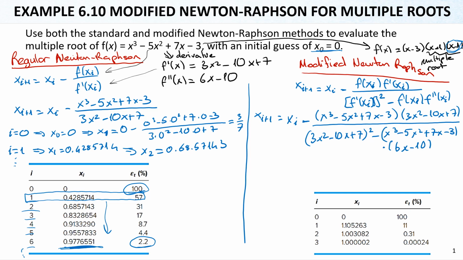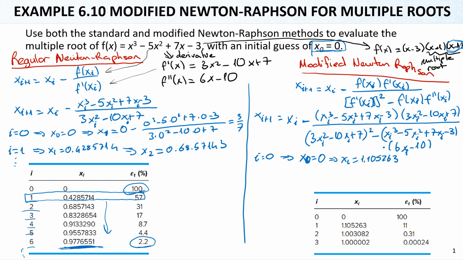And these x's are i's actually, xi. So let's write them down too. Here as well, on the left side, we have i values. So then let's start with i equals 0. Then x1 is, when you put first xi, that means x0 is 0 from the beginning here. And when we substitute this into the equation, x1 becomes